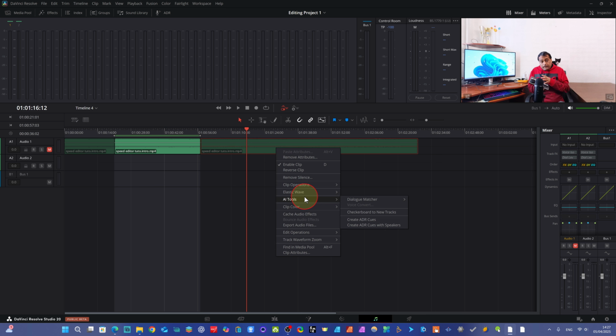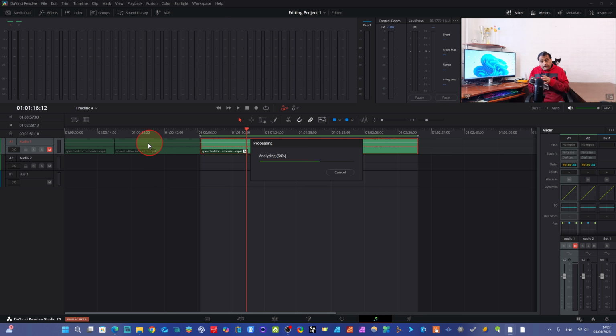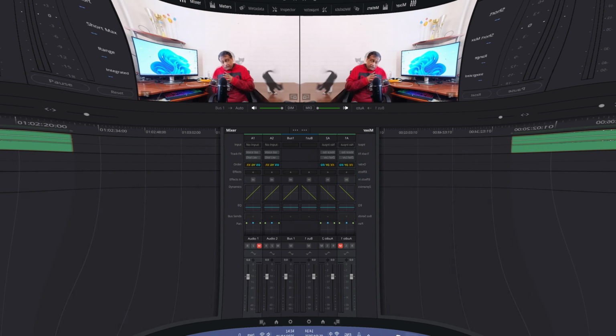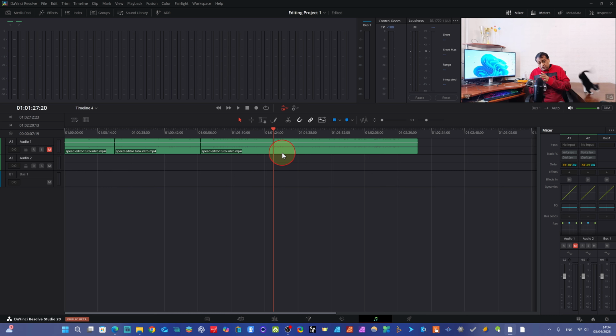Here you have to go to AI tools and dialogue. This button will appear here and it will apply. Just click apply. Now you see it has applied our profile from this clip to this clip. So if you have several audio clips, you can very easily apply the same style to all of them. This works through AI. Actually this is a really cool feature. Explore it, dear friend.